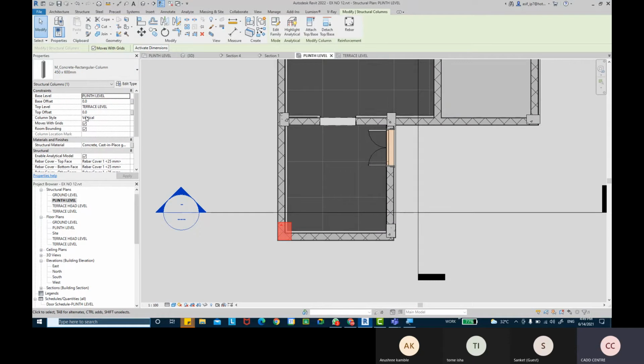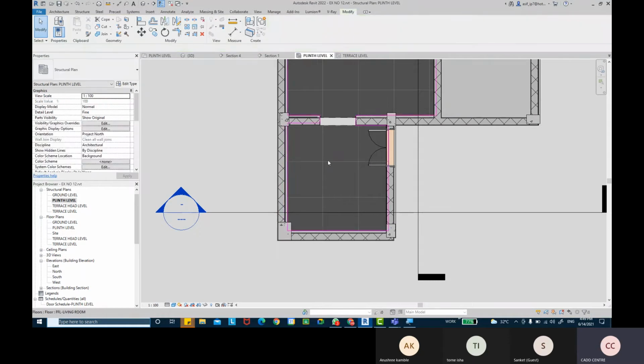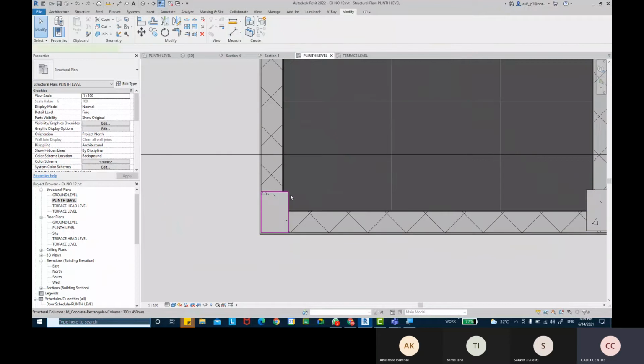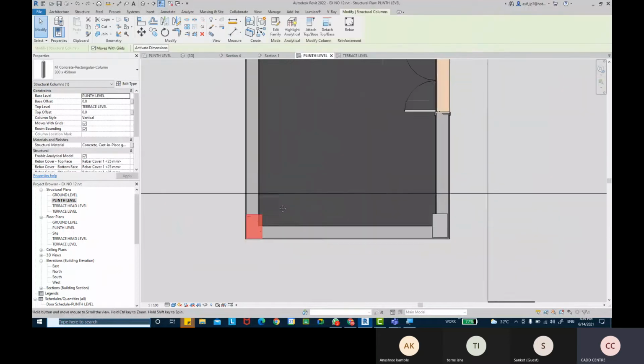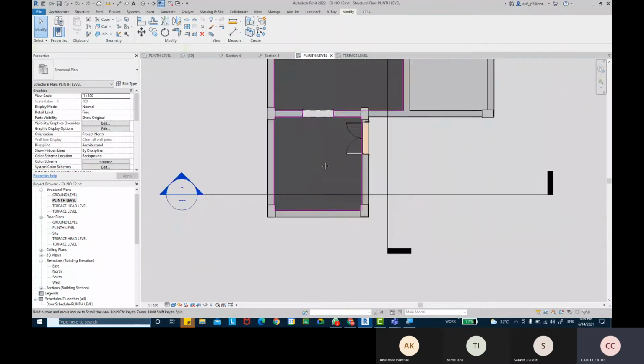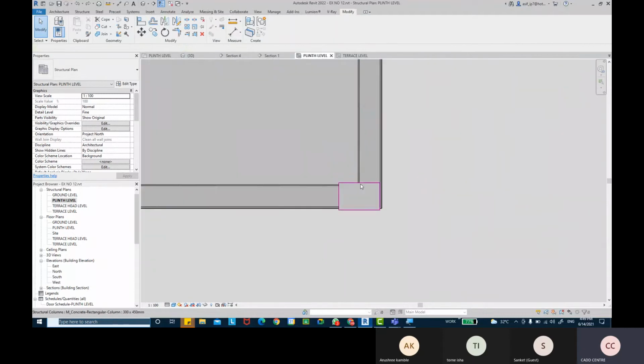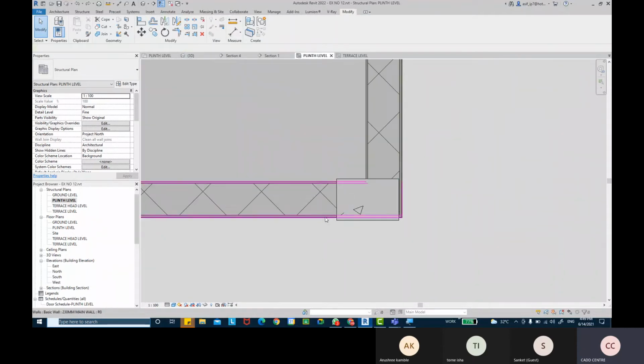Right, so you can change the column sizes. So you can align all of these columns wherever you have placed them. So make sure you align them with the core boundaries. You can come into visibility graphics.